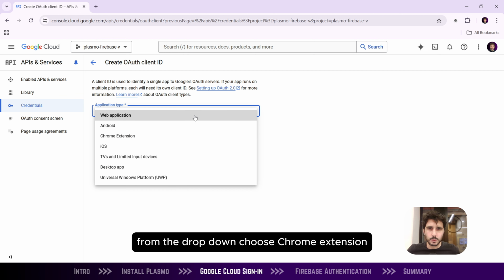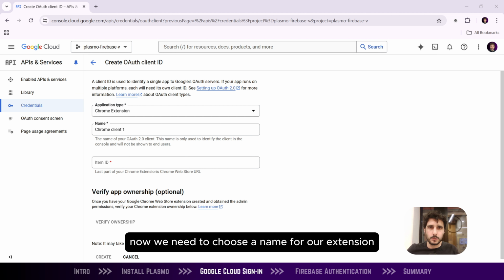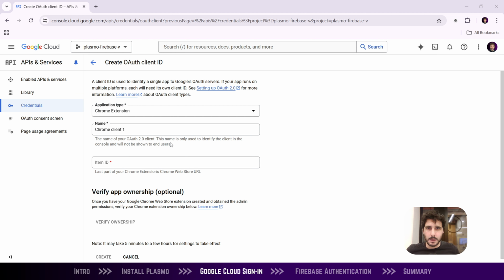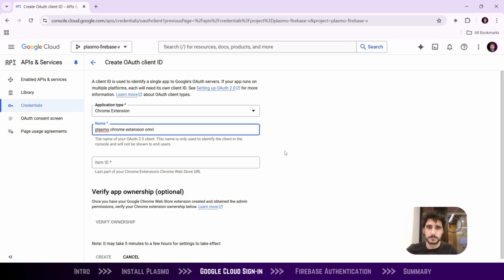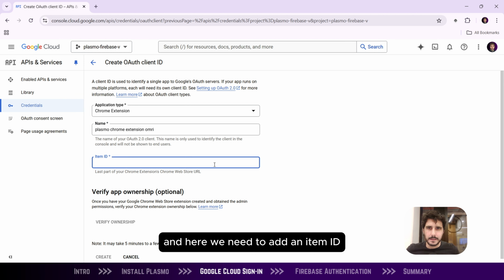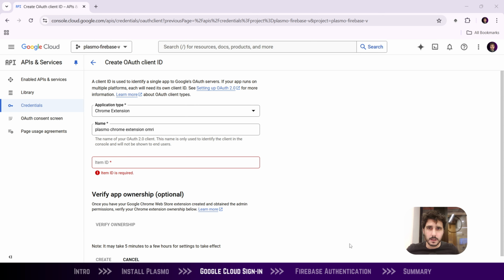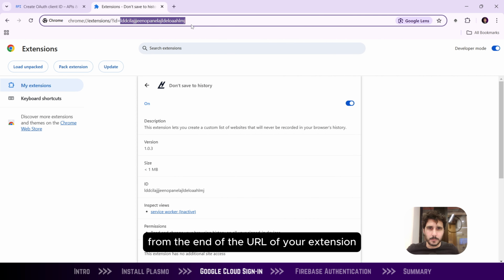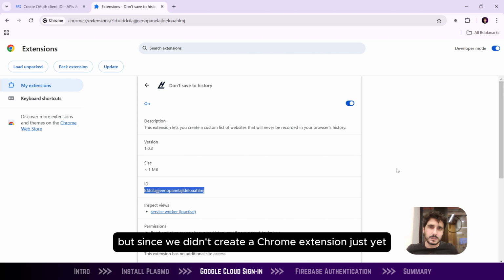From the drop-down, choose Chrome extension. Now we need to choose a name for our extension. I will put a random name. And here we need to add an item ID, which is the unique ID of our Chrome extension. You can usually grab it from the end of the URL of your extension, but since we didn't create a